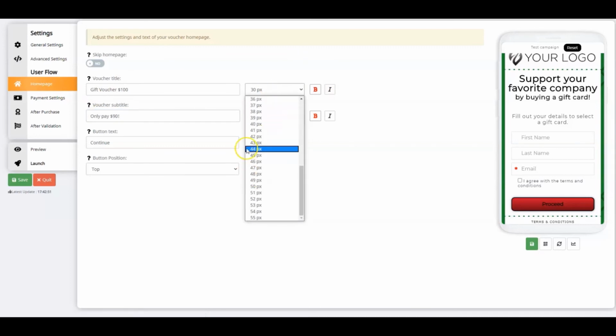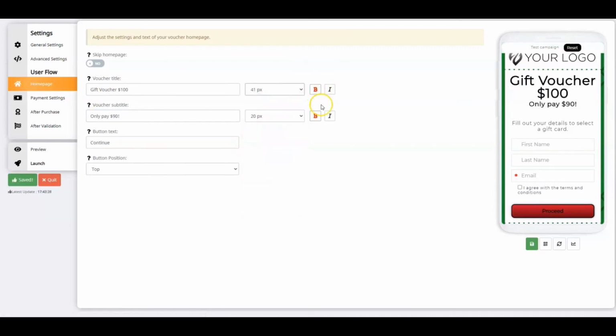Notice that I can set the text height for each one of these items and also choose whether it's bold or italic. Proceed will be my button text. And I'll place the button in the top position. Let's click Save and we'll move on to